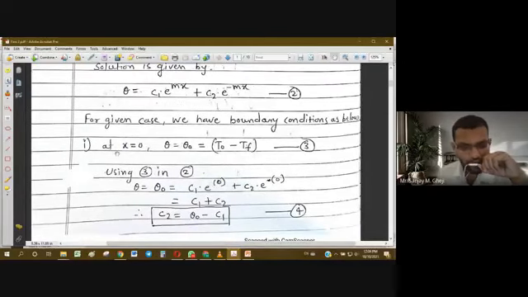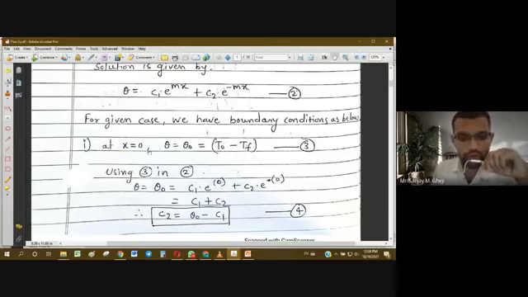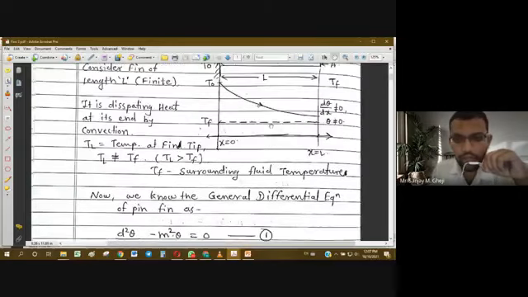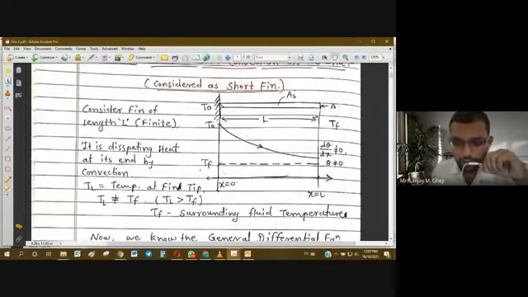Okay. So again, the first boundary condition. If you keenly look at all the three cases, you are going to find that boundary condition one, that is at x equal to 0, at the base of the fin, we have used the same boundary condition for all three cases. So it is a common boundary condition, applicable for all three cases. Only the second boundary condition is changing. So whatever change is occurring for the analysis of the fin is only at the tip.